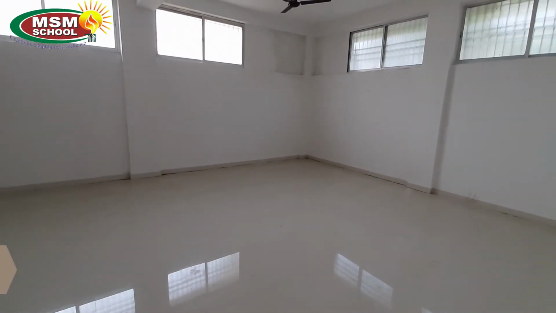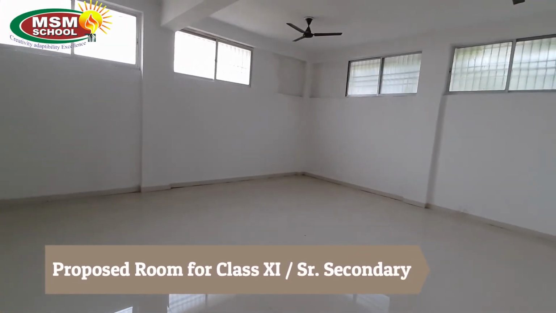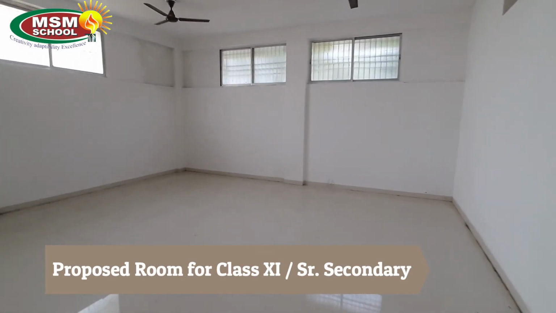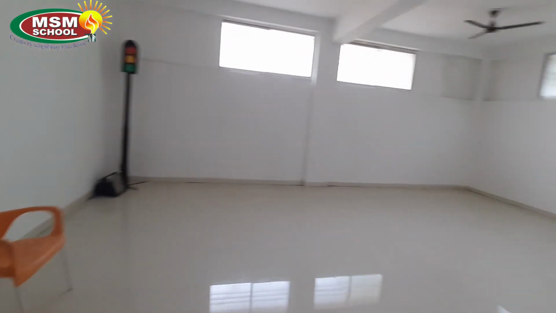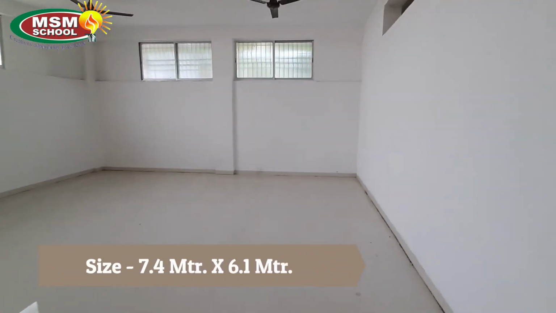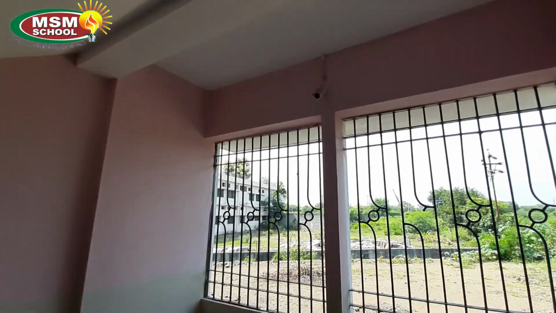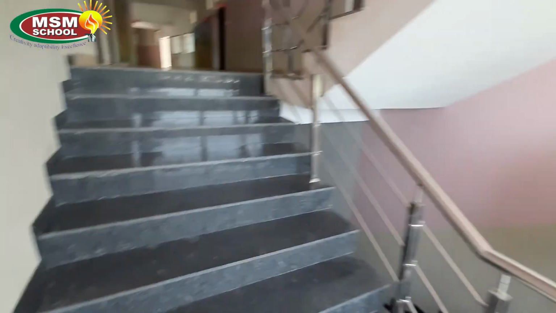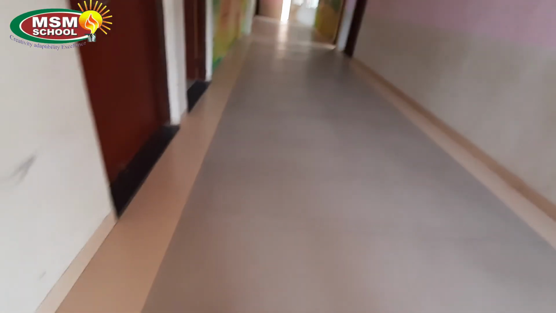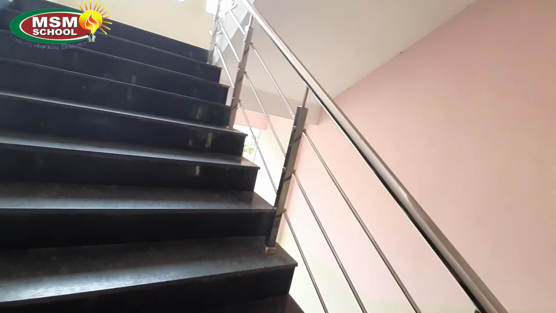So when we will be starting the 11th and 12th, this can be one of the rooms that we use. The 11th science room we have already shown you upstairs. This can be an 11th commerce room as well. So the 11th commerce room can be this particular room, or we can use any other room upstairs as well. And a CCTV camera is there, so that even the students moving up and down the staircase can be watched. And when we get up from the staircase, you see that we have reached the infirmary, the one that we saw earlier. Now we are going to take the staircase upwards.